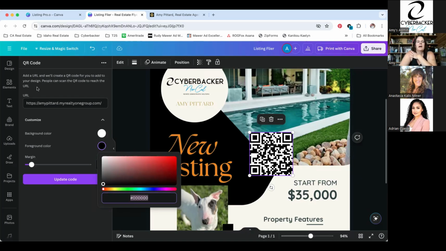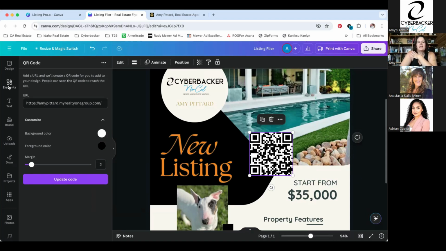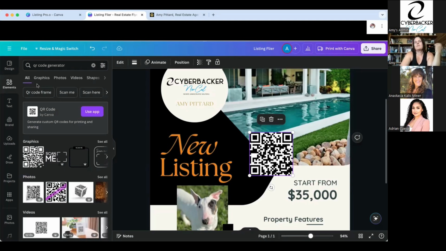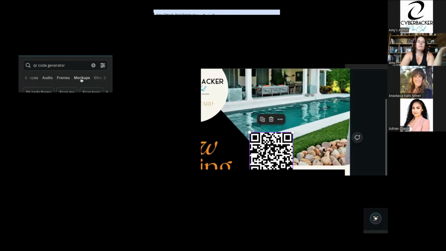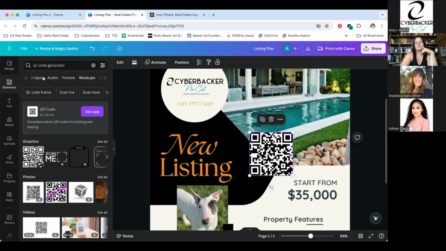Okay. The other things that you find on Elements, besides that QR code, is we have so many options. So here you've got graphics, photos, videos, shapes, audio, frames, mock-ups, right? So many things. So maybe I wanted, like if we go to graphics,